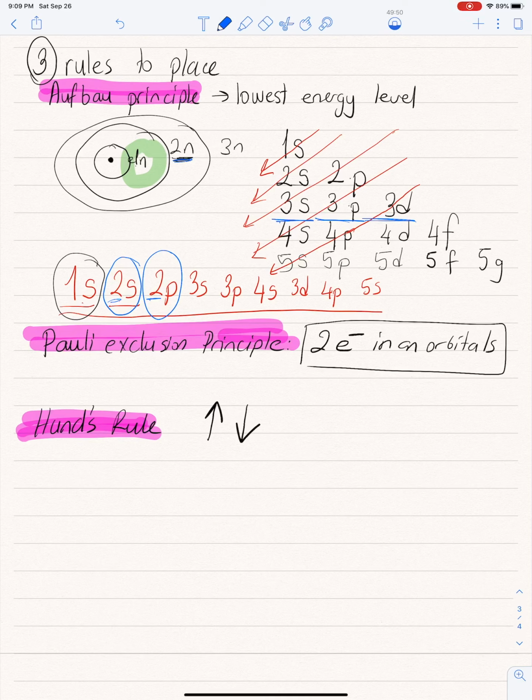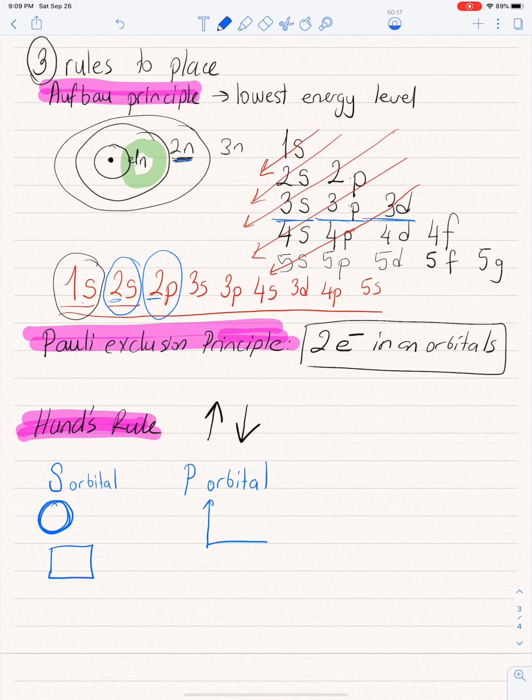So let me draw you something here. If it is an S-shaped orbital, it makes a spherical shape. This is the s orbital. And for this one, we are going to make one box. If it is a p orbital, remember, the p orbital makes an X direction, Y direction, and Z direction, which means this is X, this is Y, this is Z,